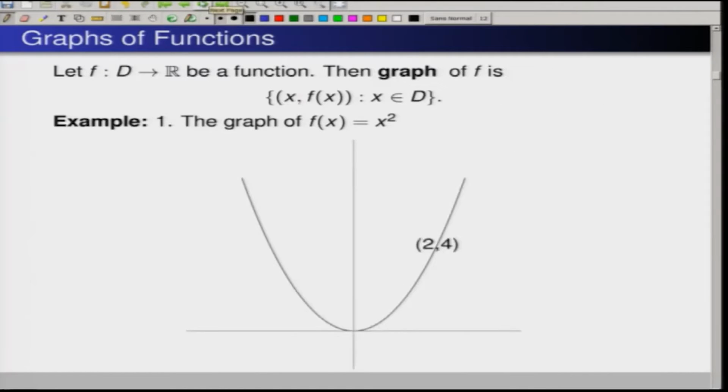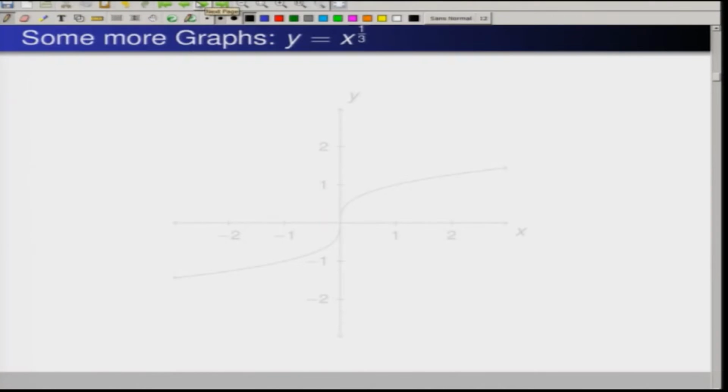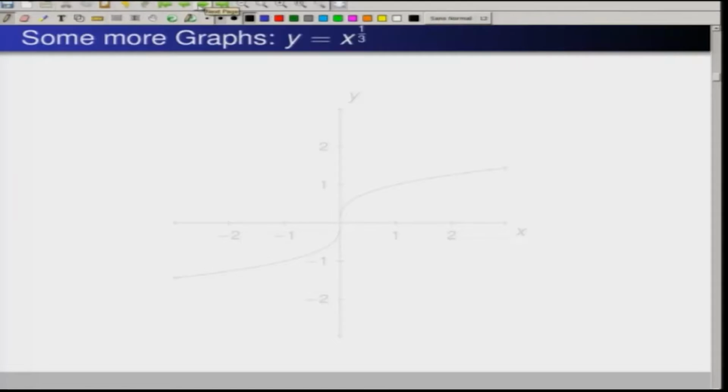So, now this is what it is going to be at 0. This is a parabola, all of us know. On the positive side this is going to be large, and on the negative x this is also going to take non-negative, positive values. Similarly, let us try to see the graph of another function,